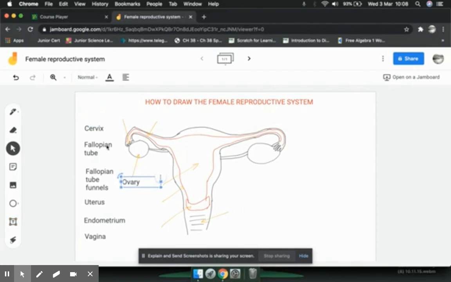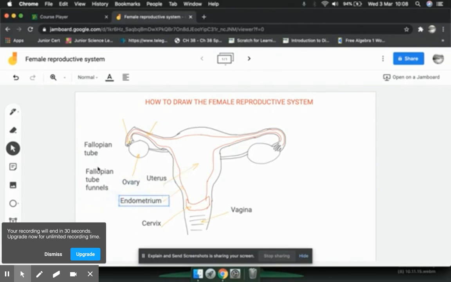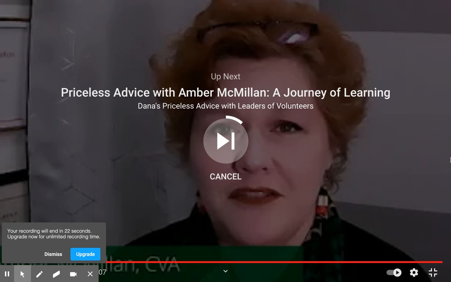So what we're starting with here, we have the ovary. There's two ovaries, remember? We have the cervix next, which is that mucus layer. The vagina, as I just described, where copulation happens. Uterus. We have the endometrium, which is the lining of the uterus. And we have the fallopian tube. And finally then, what have we got? We have got, oh,